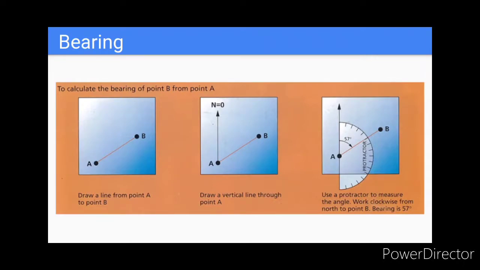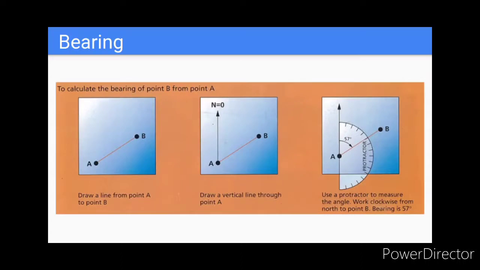Now moving on, we will look at bearing. Sometimes we want to find the exact direction of a place or an object with respect to the north. So we keep north in mind. This direction is expressed in terms of degrees. How many degrees to the right is it of north? So the bearing is an angle formed between the north line and the line joining the 2 points. For example, if you look here, A and B is a line, and north is straight upward, so we draw a line which points towards north at 0 degrees.